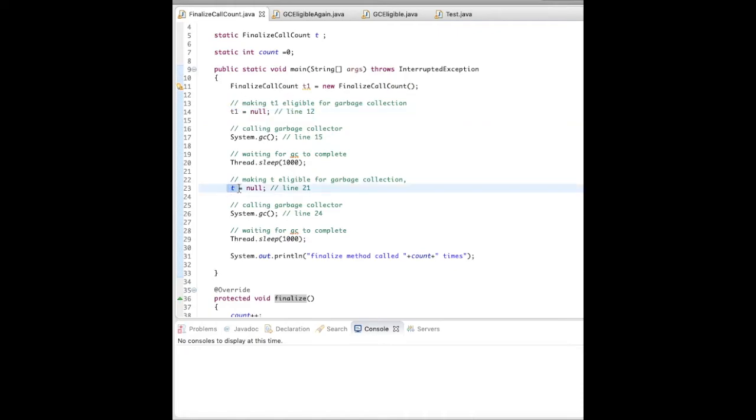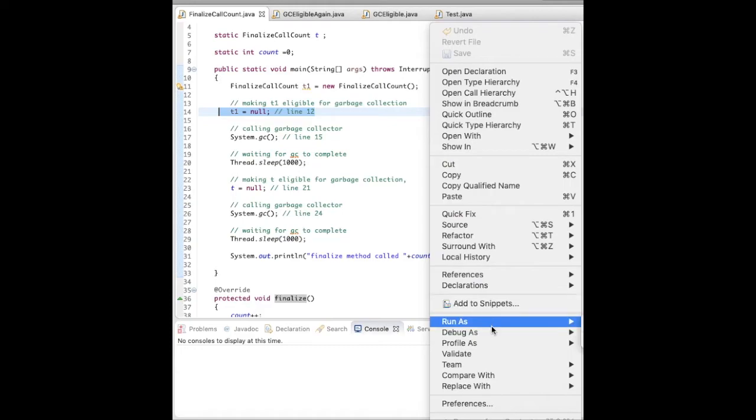Now when I'm making t equal to null, I am basically calling garbage collection for this object itself again. So next time when garbage collection is called again, the finalize method will not be called because it has already been called for this object. So let's run the program and see the output.